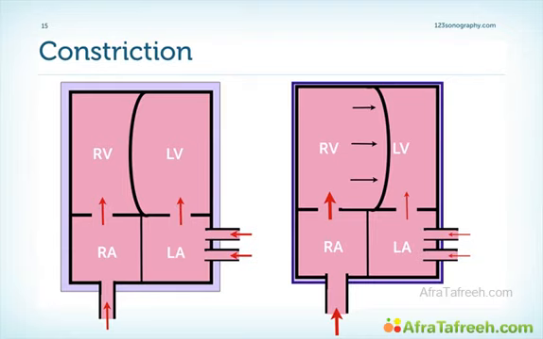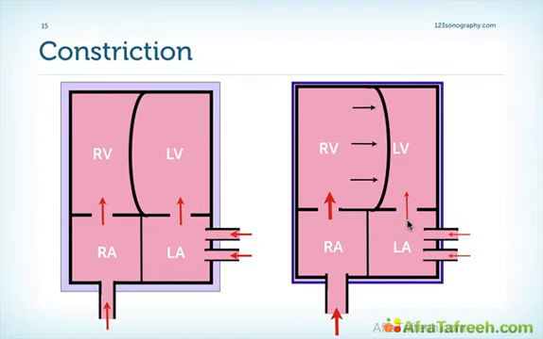Now this mechanism is a bit different in the setting of constriction. In contrast to cardiac tamponade, the inelastic fibroelastic pericardial shell kind of isolates the heart from the lungs, and therefore the respiratory changes in the intrathoracic pressure are not fully transmitted to the cardiac chambers. But because during constriction there is also a significant reduction in the pulmonary venous pressure during inspiration, and therefore the left ventricle filling is also impaired, we do have a bit more flow into the right heart during inspiration.